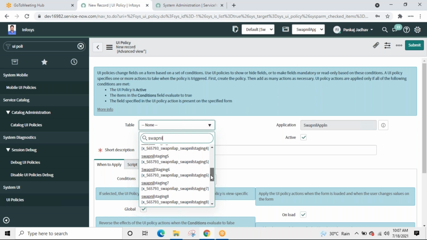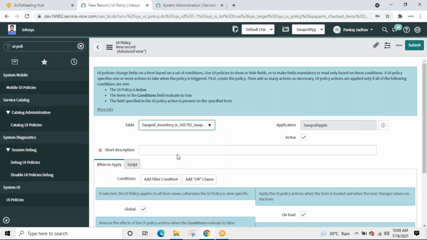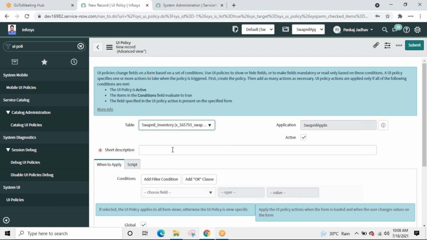Select the correct table. This is the correct table. All right. Give some meaningful name to it, like hide show rejection reason. This is the name of the UI policy.